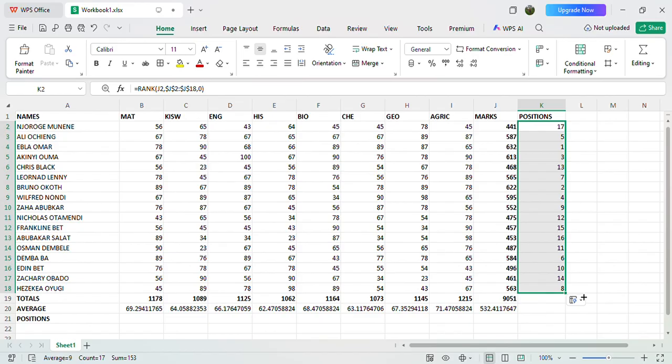Now, if you want to maybe rearrange them, for example, you want to show number 1, number 2 up to the last person, because if you look at the arrangement there, it is not in order. So for example, you have number 17, number 5, number 1, number 3, number 13, and all that. But now you want them to appear in ascending order, that is from number 1 to the last. When it is still highlighted like that, you just come to what we call